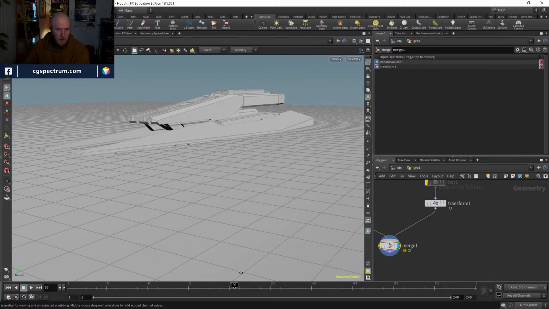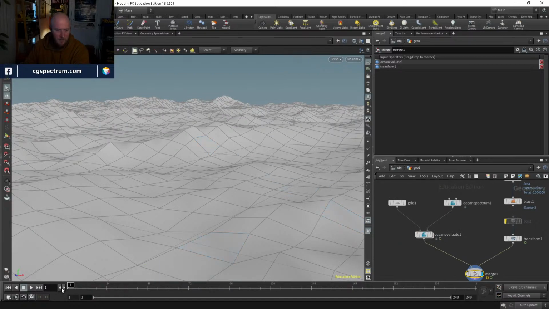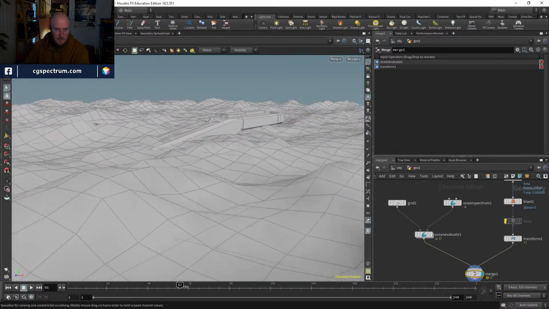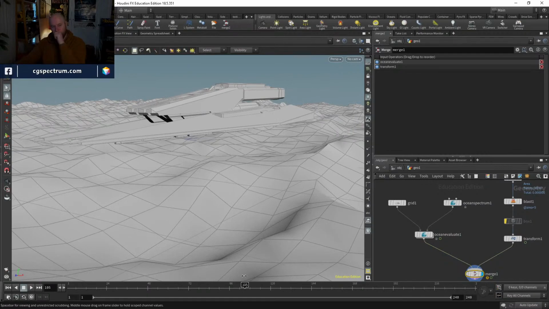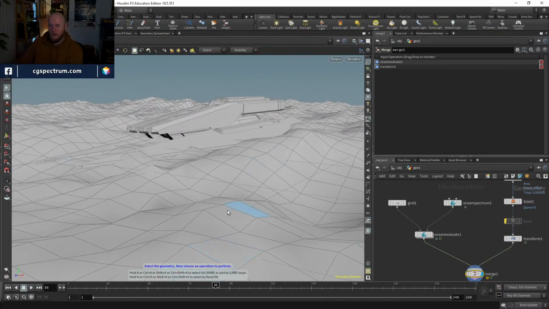So, all right, we've got that. Let's turn our ocean back on. I'll leave my grid at the larger scale just so we can see. So the scale of these waves maybe is a little crazy for this scale. I'm going for